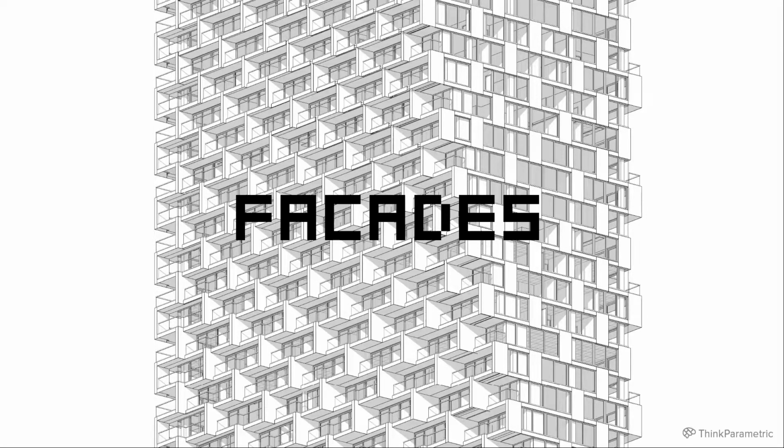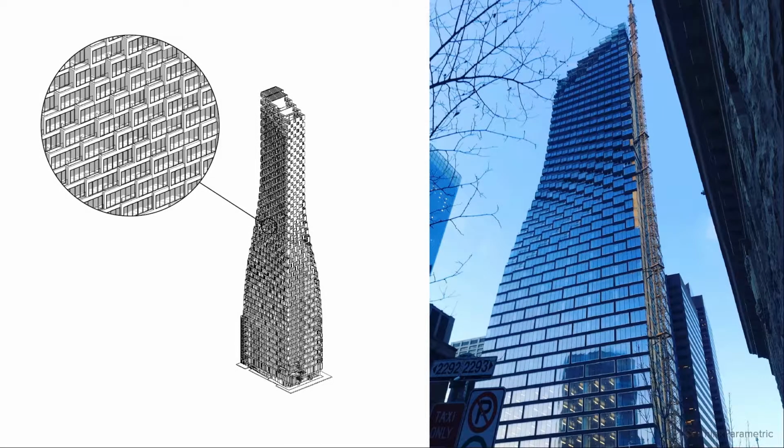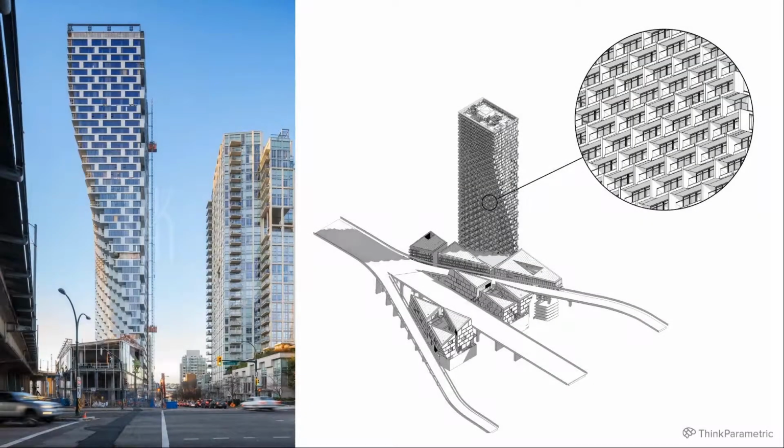Often when we're dealing with large buildings coupled with more complicated geometry or stepping incremental geometric massings, we have to utilize computational tools in both design and production workflows. And so looking through some of our projects, you can clearly see the utilization of computational tools to help realize them. For example, the Tela Sky Tower in Calgary was developed in Rhino and Grasshopper and documented in Revit. Same for the Vancouver House in Vancouver. You can see, these kind of facades would take a significant amount of time to manually model.